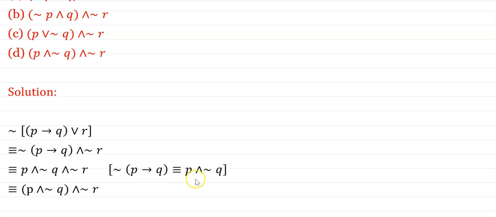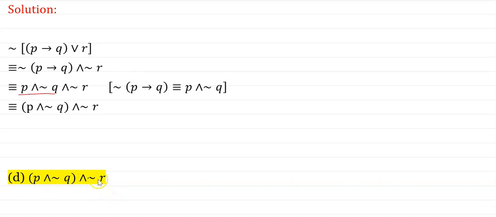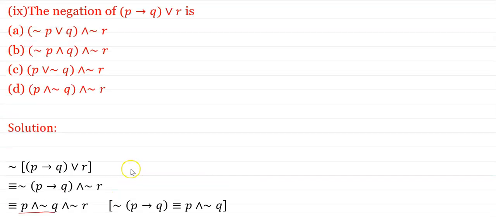Negation of P implies Q is equal to P and negation Q. And therefore, we write here P and negation Q and negation of R. And hence,